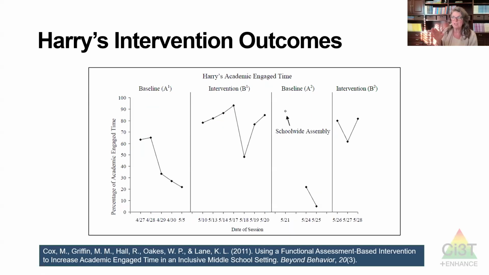This was an intervention done by Meredith Cox, who is now Meredith Crittenden. This was an actual intervention where she was taking this class at a university to learn how to do it. The 5/28 was the last day of school for this kid. And you might think, why would anybody start a functional assessment based intervention this late in the school year? When they went in, they saw somewhat high levels of engagement, at least moderate. And then it's like dating, and I think this is like marriage, right? Behavior settles back down into very typical things.